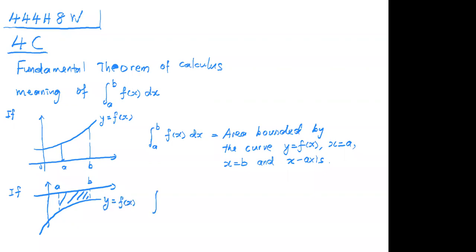So the integral of this will be equal to, we know that area is a scalar quantity, so it's supposed to be a positive value, correct? But you do the integration of this, you got negative. So we will say this is negative